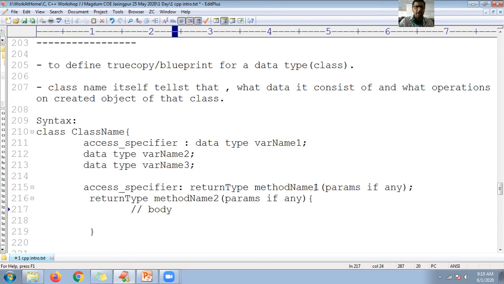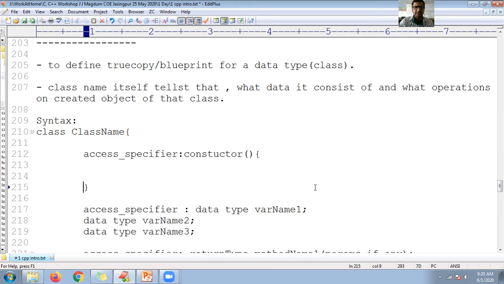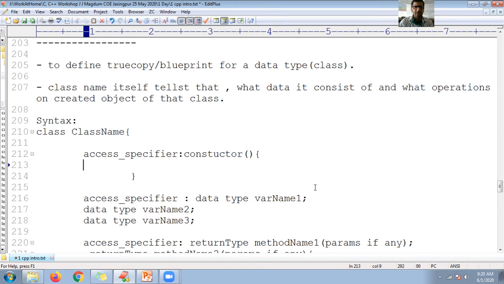Of the functions. Also the class can contain the constructors, access specifier, colon, constructor. Okay, constructor of the class, fine. Then constructor body. I already know what these all are, but you need to keep attention. So the body of the constructor, this is the body of the constructor guys. So this is the class syntax, and this part is optional.